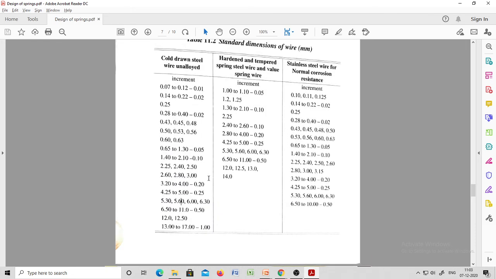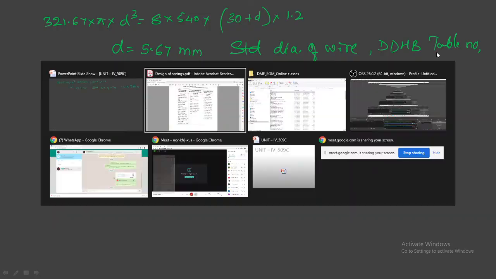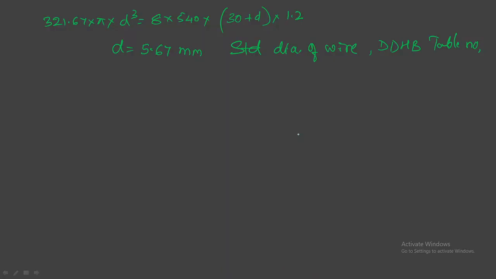So let us go for 6 mm. What is the table number? Table number is 11.2. So from table number 11.2, wire diameter is 6 mm. Now you got a wire diameter.